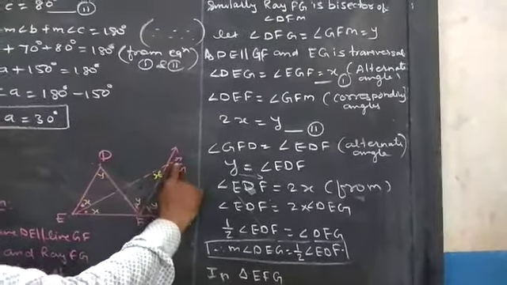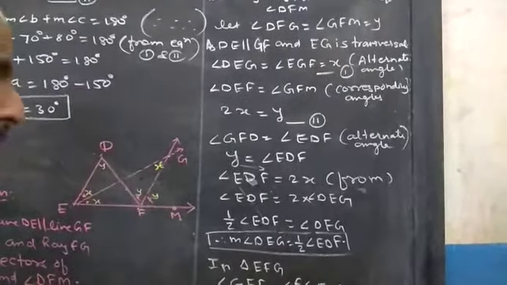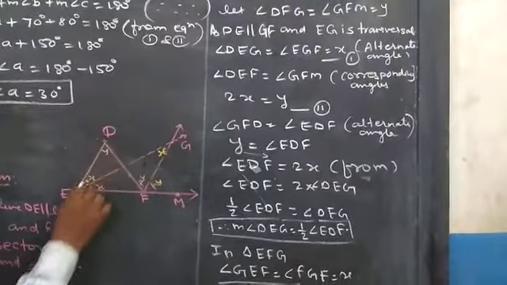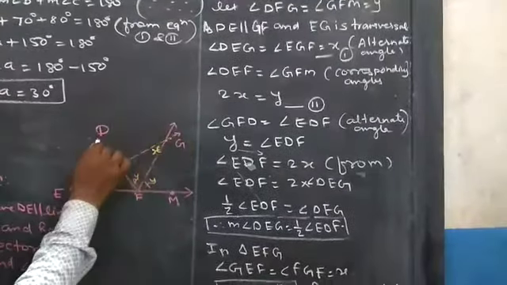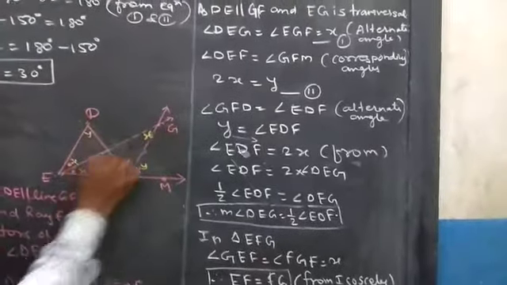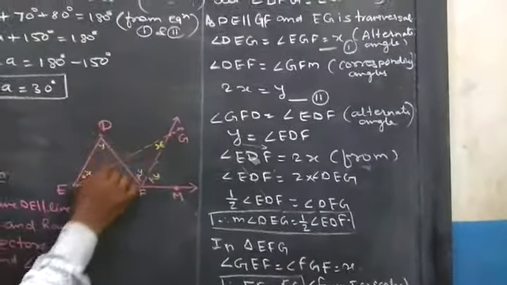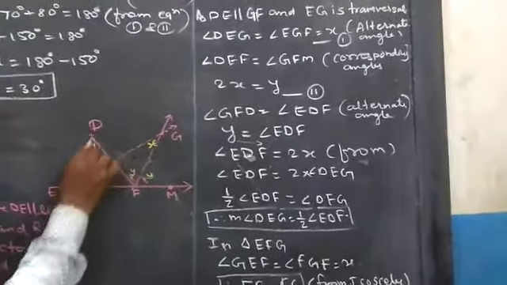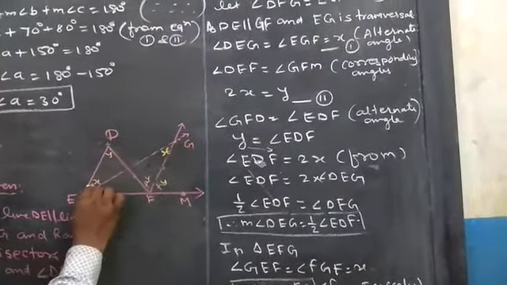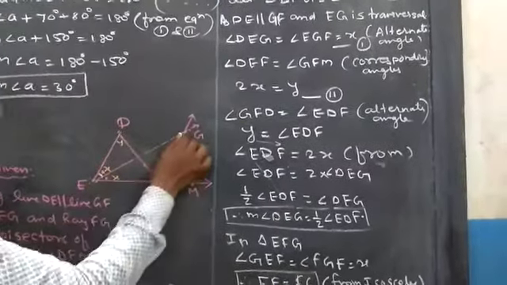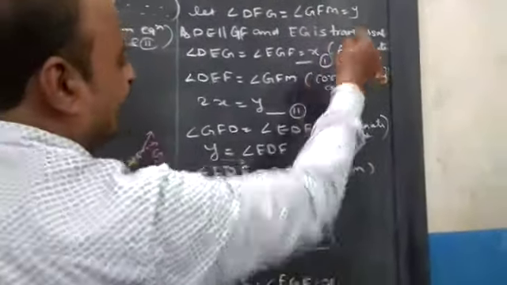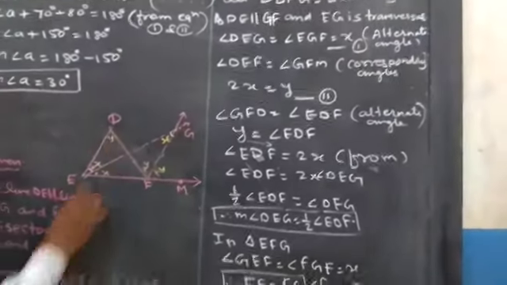ट्रांसवर्सल। और आपको मालूम है ट्रांसवर्सल पे बने जो भी अल्टरनेट एंगल बनते हैं, ऑलवेज इक्वल होते हैं। तो मैंने यहाँ पे एंगल ले लिया DEG। देखिए ध्यान से, DEG और EGF। देखो, Z बना। अगर Z बने थे तो कौन से एंगल होंगे? अल्टरनेट। तो ये DEG और EGF, यहाँ पे मैंने इसको क्या असयूम किया है? x। तो ये भी कितना होगा? x। दोनों x, क्योंकि अल्टरनेट एंगल।